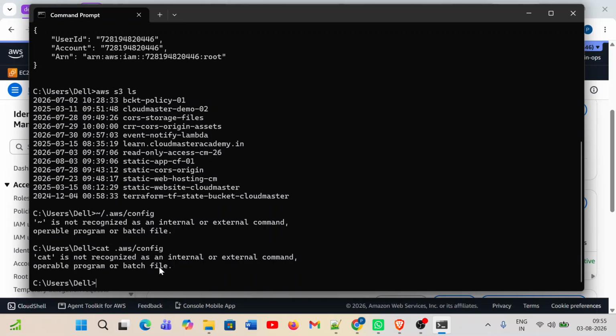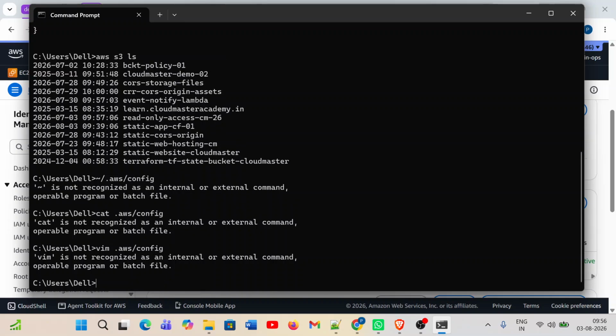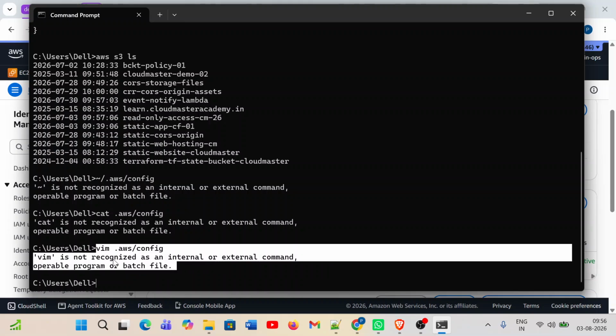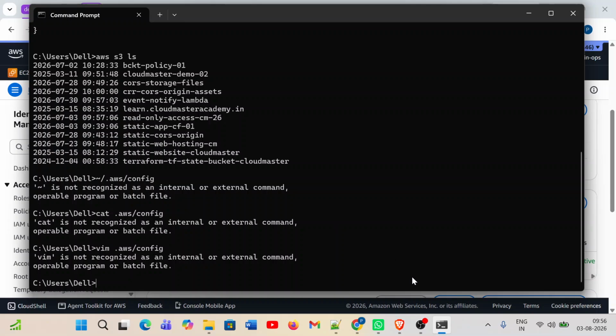Okay, it is not able. Since it's a Linux command, it is not getting supported here. None of those files are getting supported here. What I can do, let me show you here too. We can